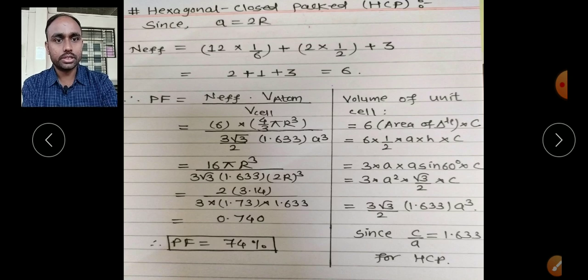So, substitute A here, A is equal to 2r, in the denominator A is equal to 2r, substitute. First of all, I will just cancel some things, or we can take this 2 to the numerator. Otherwise 3 to the 6 and this 4 to the 8, and this denominator's 2 goes to the numerator. So, 8 to the 16. So, I have written directly here 16, pi as it is, r cube as it is, in the denominator 3 root 3 as it is, 1.633 as it is, and A is equal to 2r, that is why it is 2r whole cube.